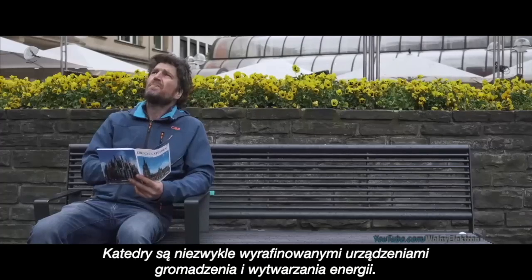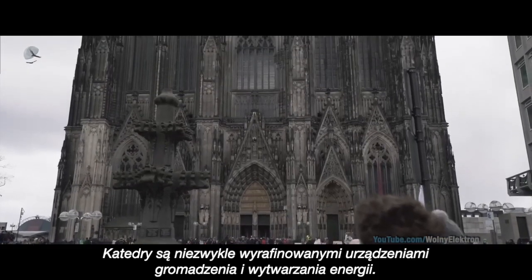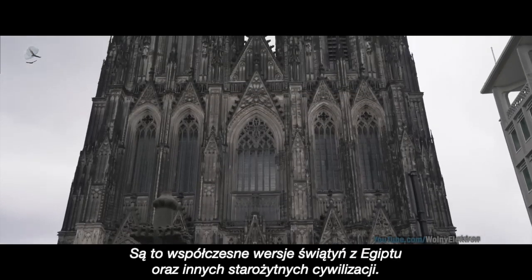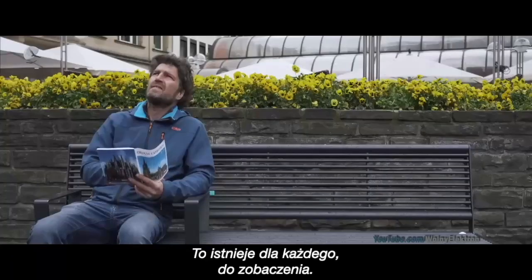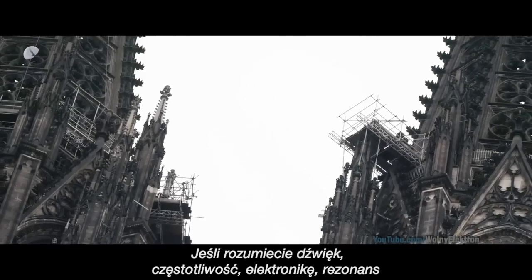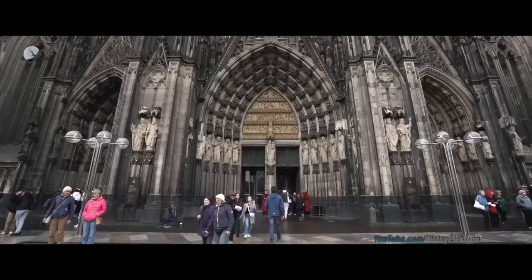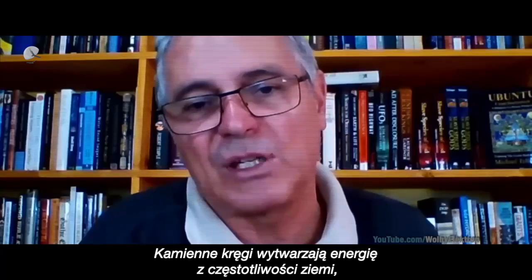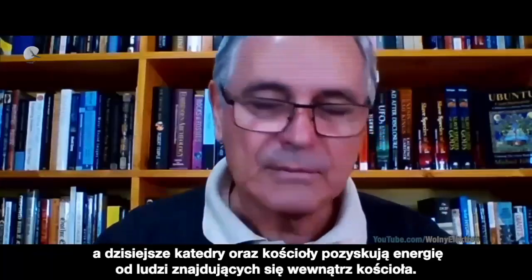The cathedrals are incredibly sophisticated energy harvesting and energy generating devices. Just modern versions of the temples in Egypt and the temples in ancient civilizations. It's right there for everyone to see. If you understand sound, frequency, electronics, resonance, it's very obvious what you're looking at. The stone circles are generating energy from the frequency of the earth, and cathedrals and churches today generate energy from